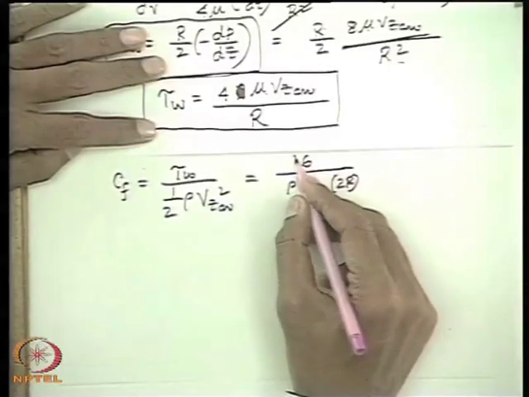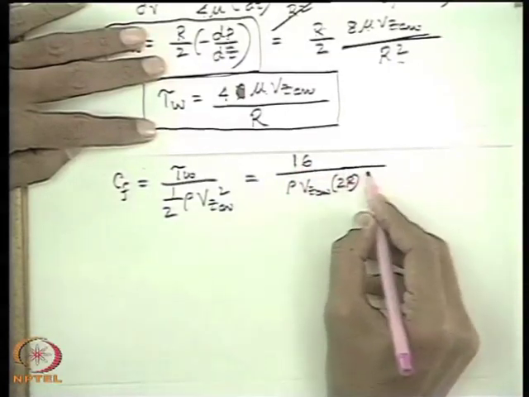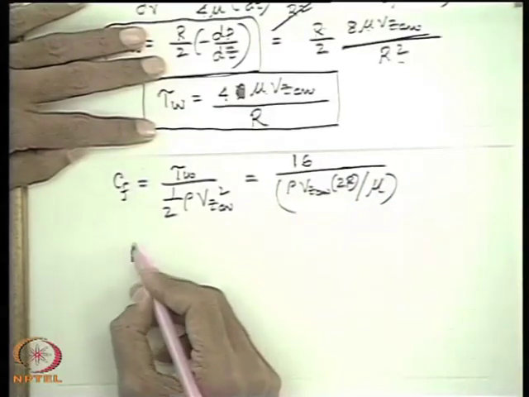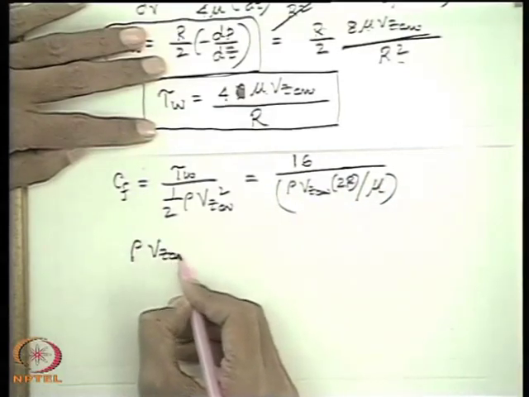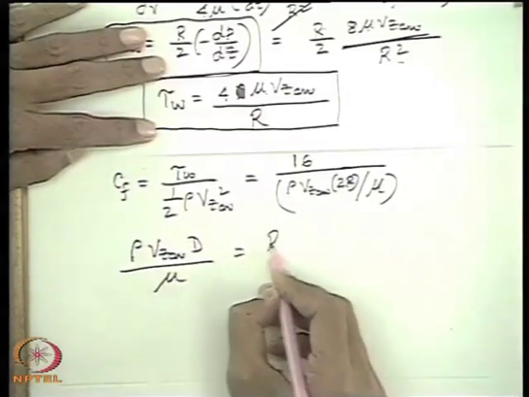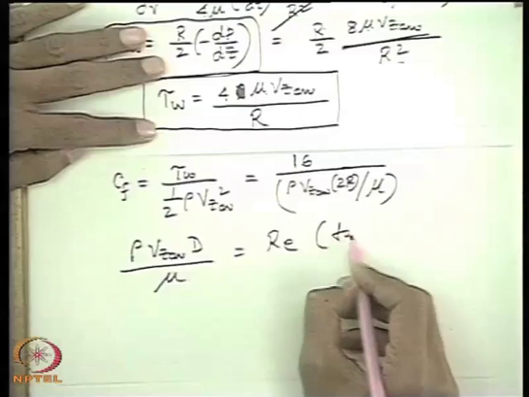Actually it is 8, I just multiply and divide by mu. So this rho Vz average, 2R is the diameter of the tube, D, by mu is equal to the Reynolds number for flow of fluid